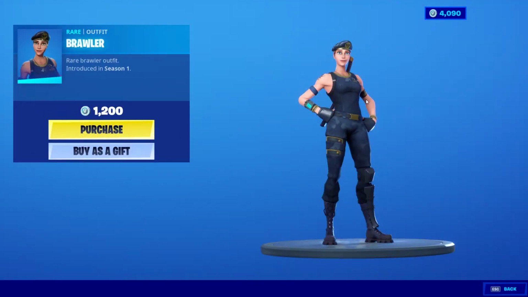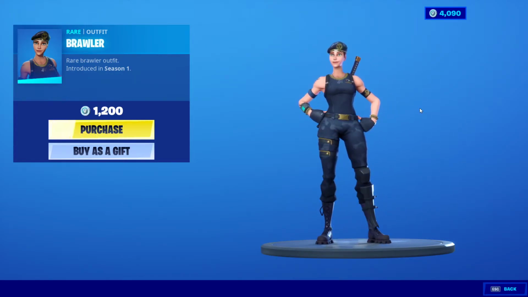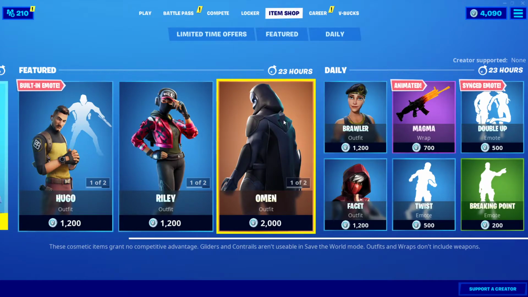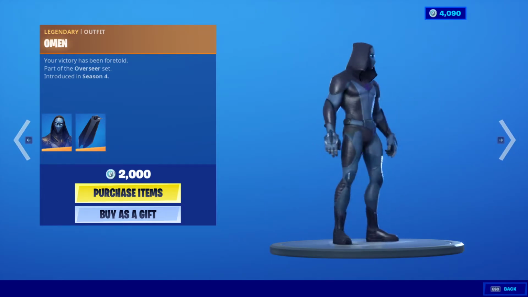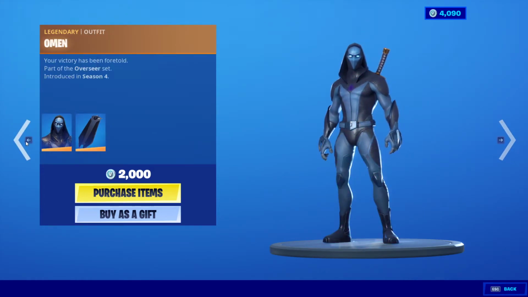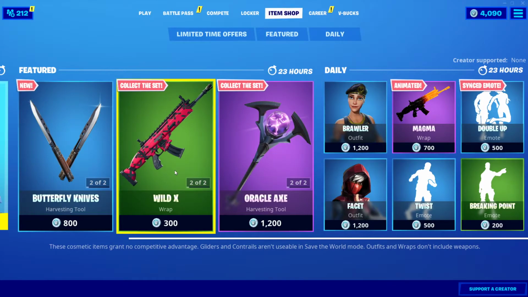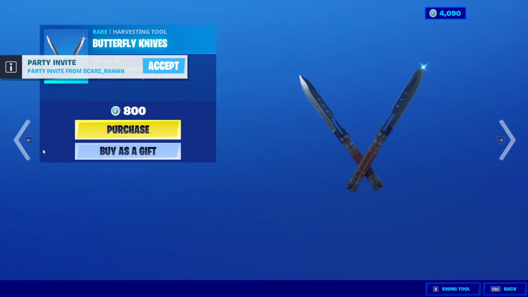Brawler is one of those skins that looks a little bit too normal, but it's from season 1, so note that. It might be collectible. Omen from season 4 looks like a decent skin. Have some nice back bling to add to your thing. His pickaxe is kind of OP, but I'd go for Riley, I'd go for Facet, and I'd put Omen in third place just because, you know, there's not too much else in the item shop, and this new skin is